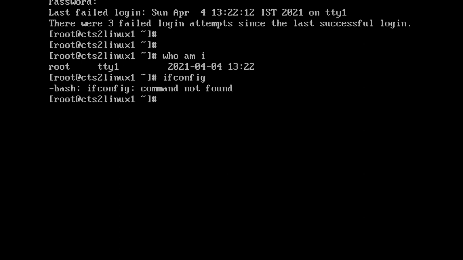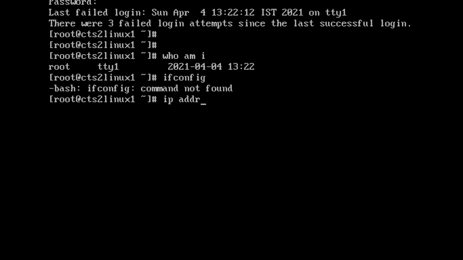It is not recognizing because it's a minimal version. I will give you another command. Remember, in Linux we cannot say cannot. If you say like that, it means you don't have knowledge. Even I can't say, because I don't have 100% knowledge in Linux. No one knows.